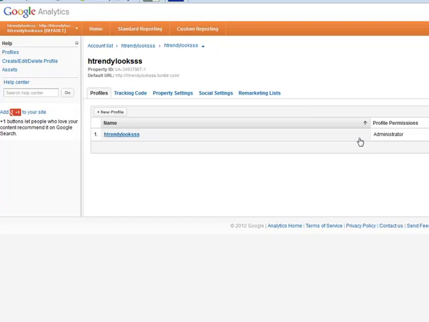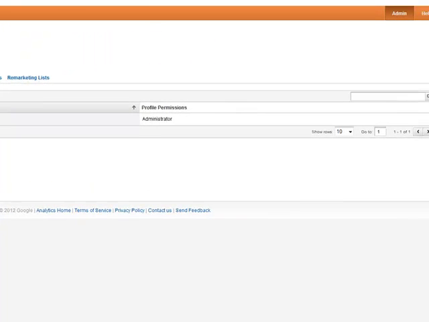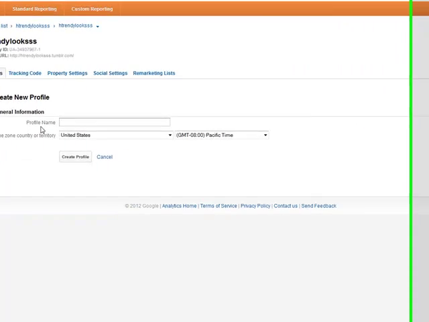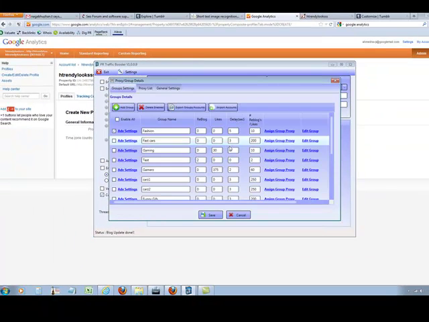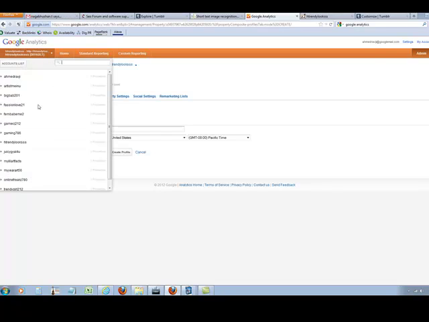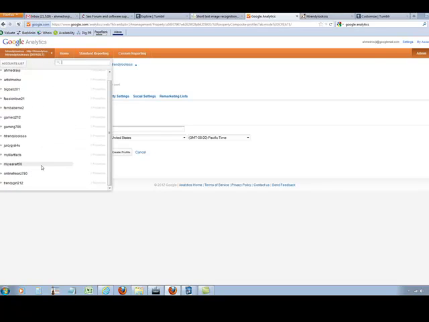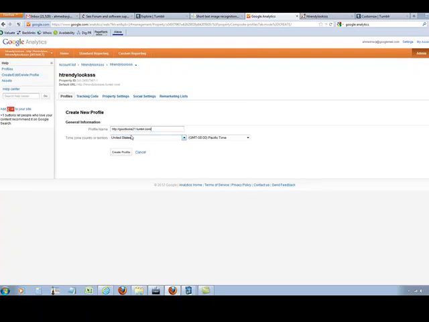Now, just in case you're not 100% sure how to create analytics, if you want to add your analytics in there, guys, it's very simple, very straightforward. Just come over to your Google account, guys, click on new profile, give your profile a name. Let's have a look. Let's do one for this one here. We can do one together. Okay, I've already got one for that, I think. I don't think I've got one for this one here. Let me just double check to make sure I haven't. Okay, I haven't, so we're gonna call this